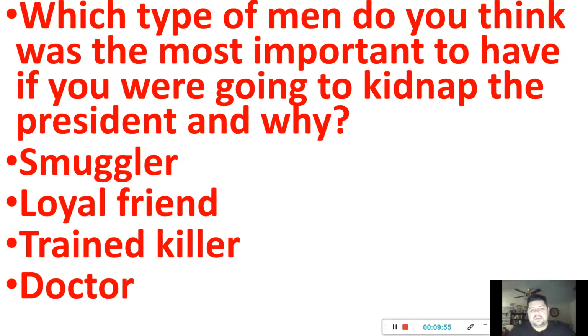Why that particular group? Now just remember, Booth had 2 smugglers and he had two loyal friends, and he had one trained killer and one doctor. So you tell me what you believe would be the most important group to have. Okay, so go ahead, write your piece. Pause the video if you're not done, or moving on in